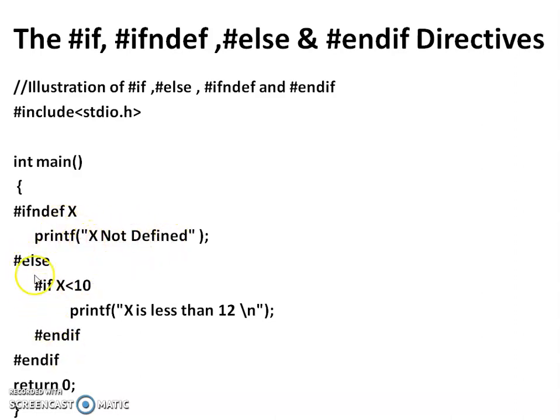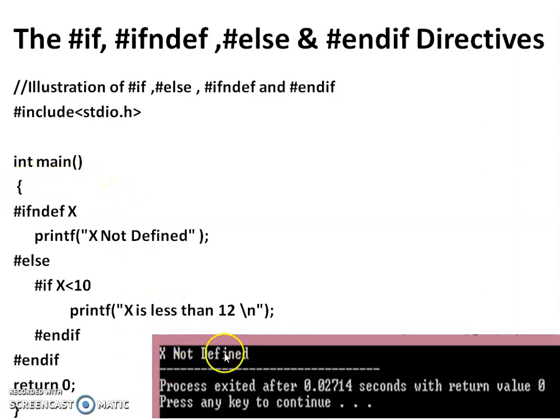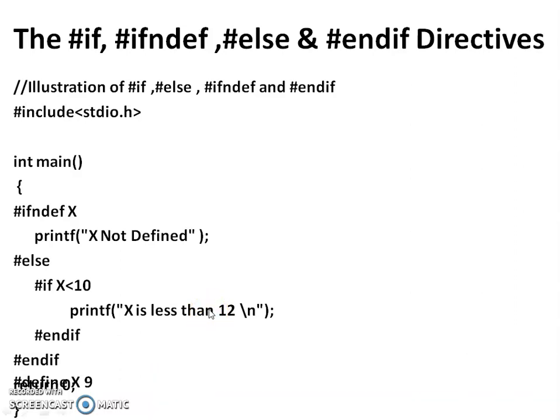I am not going ahead with any else part of this, because it is very much similar to the else if condition that we studied in the C language. So I am expecting output as x not defined. Let's go ahead with one more step here. I am going to define a macro for the x here. So let me define that. Define x as 9. Then I am going to go ahead with this if not defined x, but x is defined already here, so it's false here.